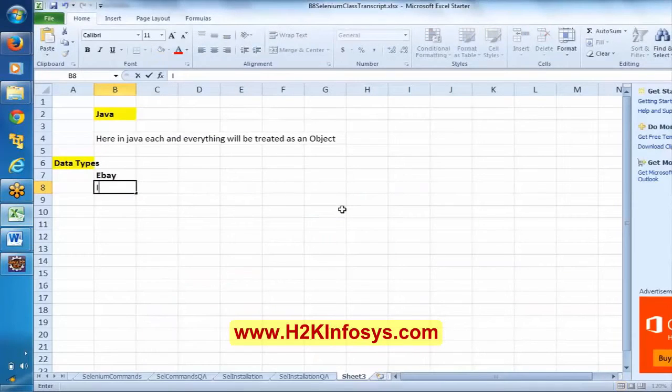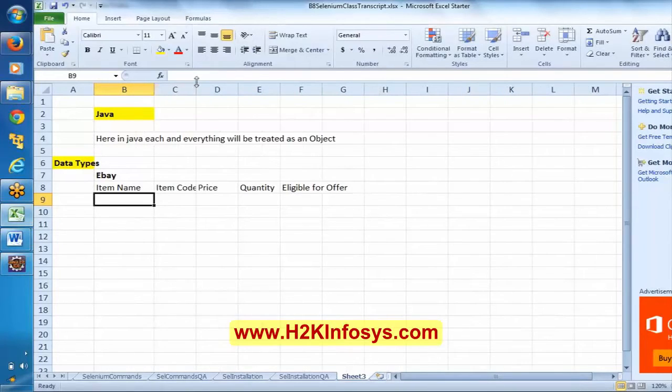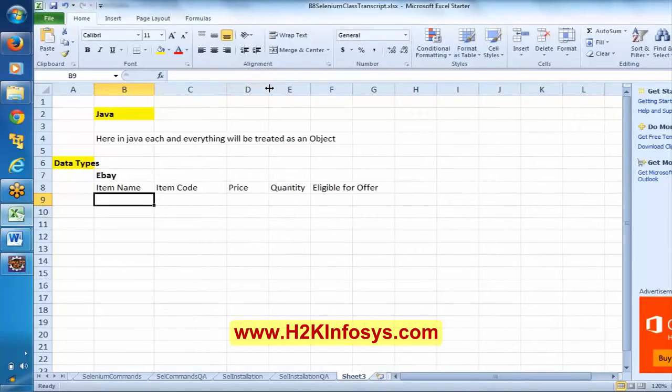Now what I'm saying here: item name, item code, price, quantity, and eligible for offer. In this application we are going to have different types of data like item name, item code, what is the price, quantity, eligible for offer.